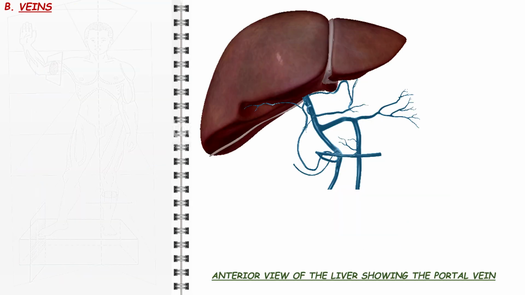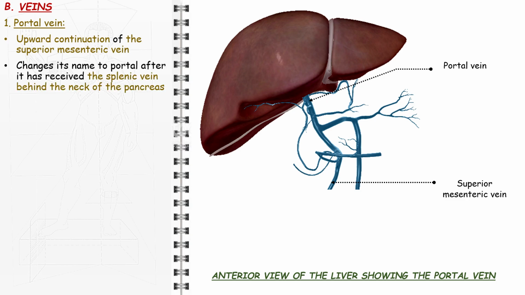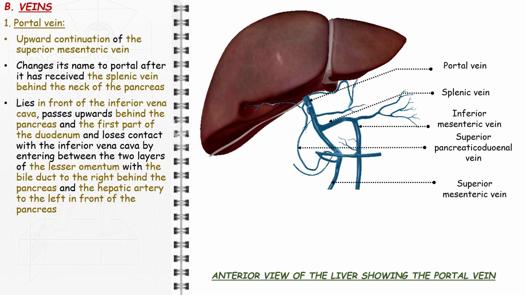The portal vein is the upward continuation of the superior mesenteric vein. It changes its name to portal after it has received the splenic vein at an angle of 100 degrees behind the neck of the pancreas. The portal vein lies in front of the inferior vena cava, passes upwards behind the pancreas and the first part of the duodenum and loses contact with the inferior vena cava by entering between the two layers of the lesser omentum, with the bile duct to the right behind the pancreas and the hepatic artery to the left in front of the pancreas. It runs almost vertically upwards in the free edge,